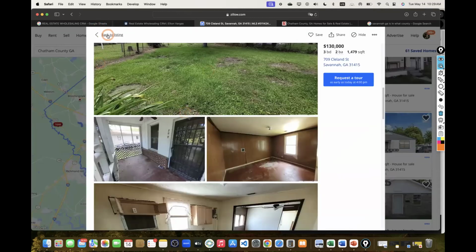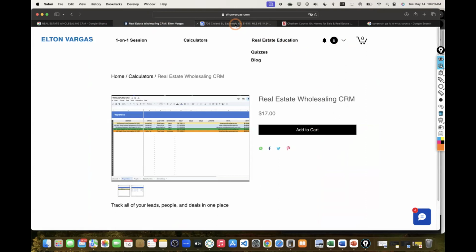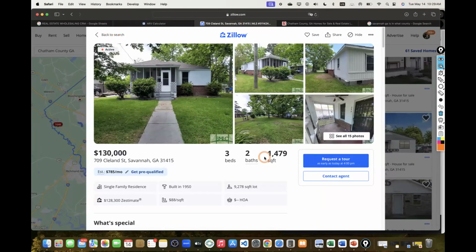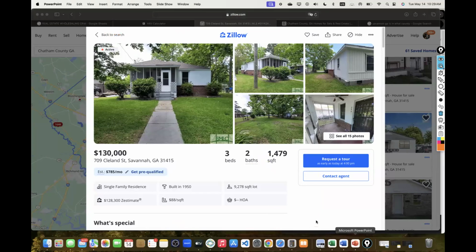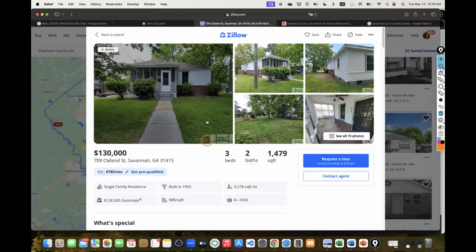Awesome. So this is definitely going to be one of those projects that we have to do some analysis on. So let's go through the numbers and let's see where it makes sense, where it makes sense the most. So this will be more of the type of project property that needs average repairs, because again, we're talking about the floors, the windows, painting, bathroom, kitchen, the water heater, maybe some electrical as well too, very minimal on the landscaping, and then paint outside as well too.